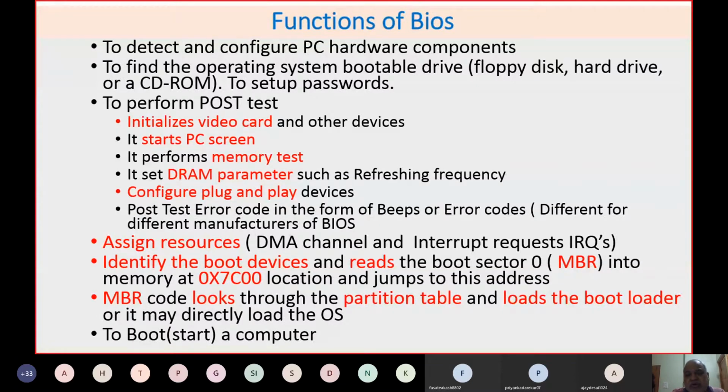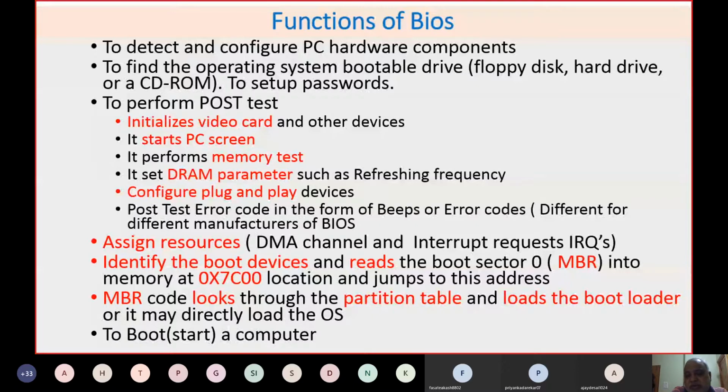POST means power on self test. Whenever you say power on self test, the computer during the boot process will execute the functions of POST. Here, error messages or beep codes are normally shown if there is any error. As I said, the very first process once you power on is that the computer executes its own test, called the POST, power on self test.